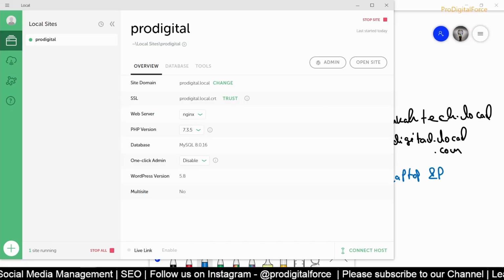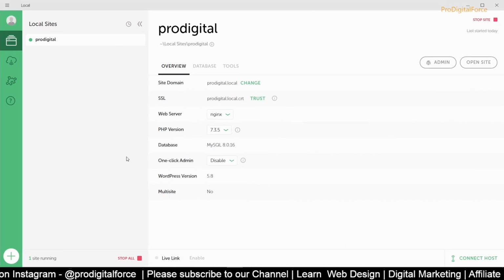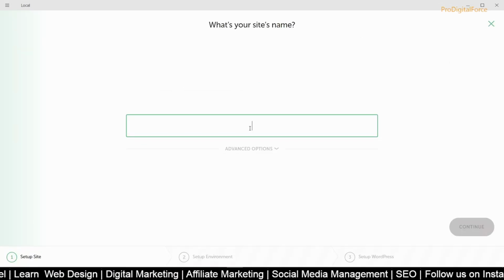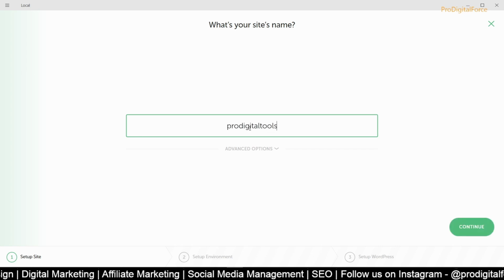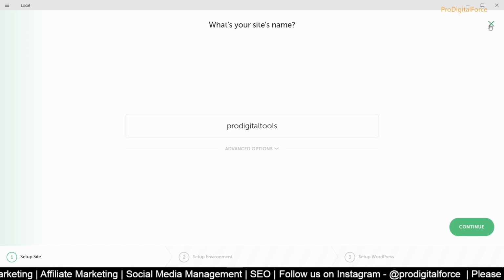In this application, what you have seen is deploying your website locally. When you're creating a new website for a client, you can use this method to design the website locally, and once everything is ready, move it. You can create as many sites as you want. Maybe now if I want to create something else like this, I can start creating it. Okay, let me close this.